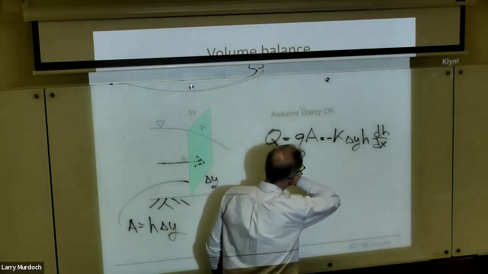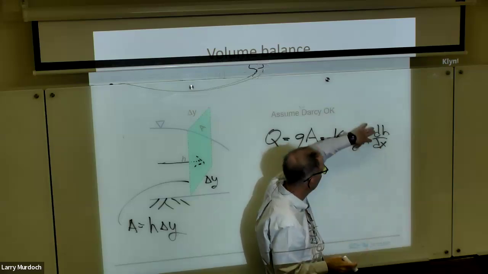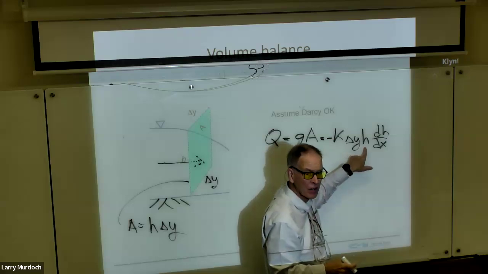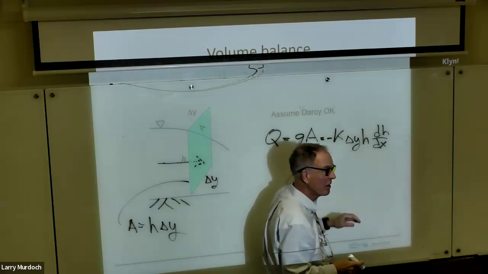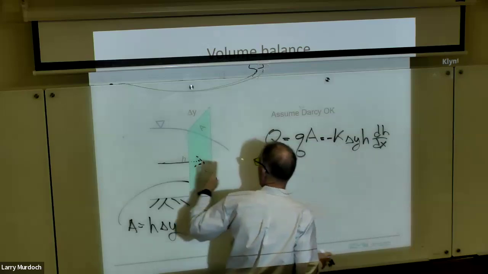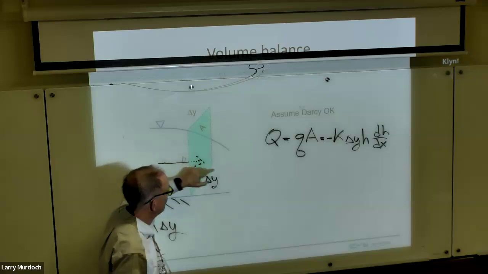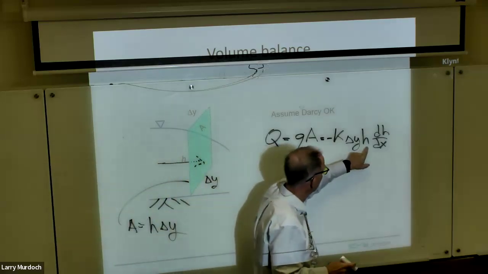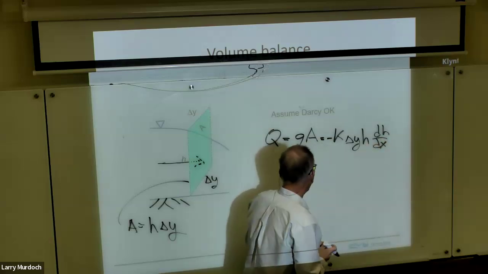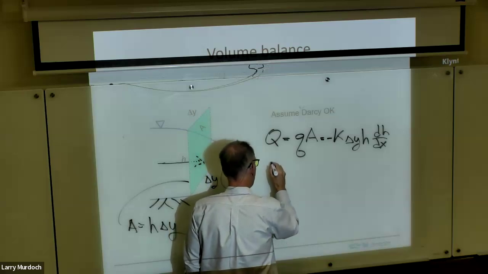Now we have something that's a little peculiar here. This is the head gradient, but this is the head right here. So this is different than what we had before. With a confined aquifer, we would have the aquifer thickness here. But now we have the hydraulic head itself. So this is variable, that's variable. So that's going to change things. And what I want to do is